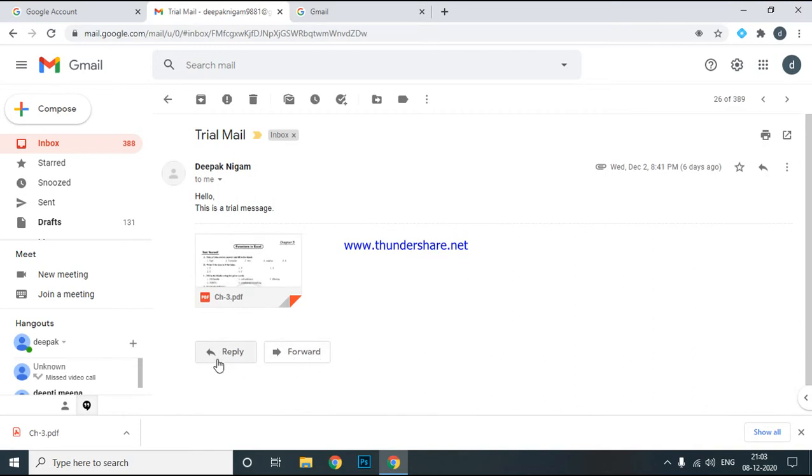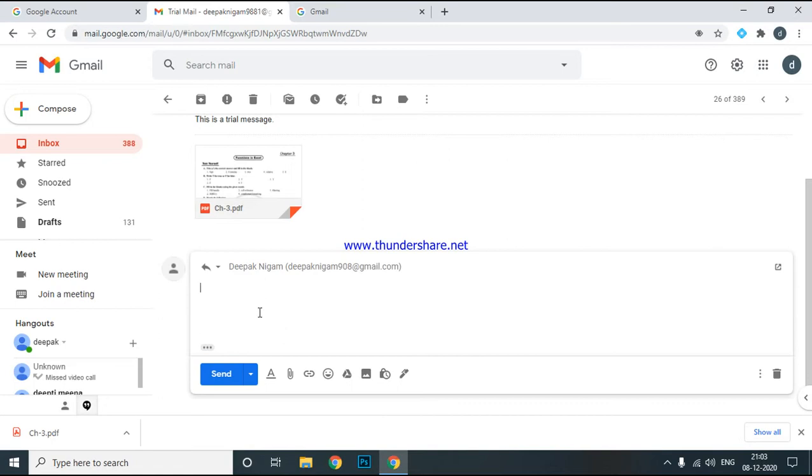If you want to reply to the sender, you have to choose the reply option and write your reply, then click on the send button. This text will be sent to the sender. Just like that, you can give a reply to the sender.